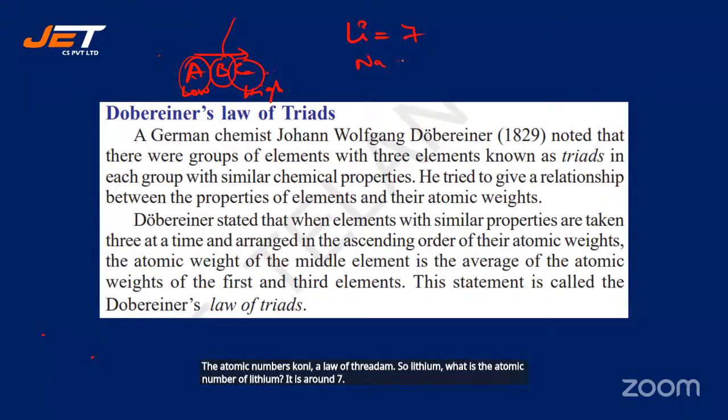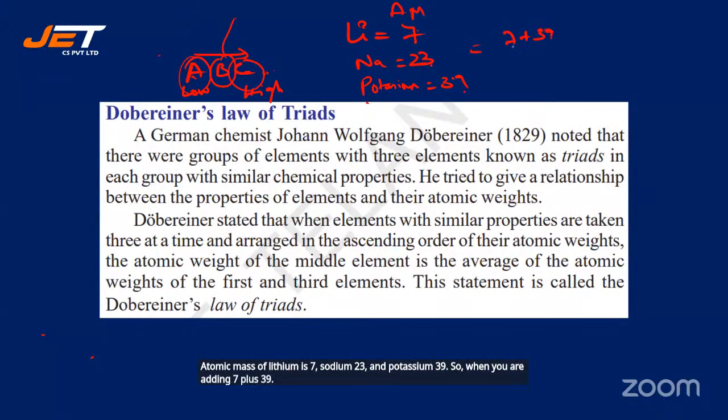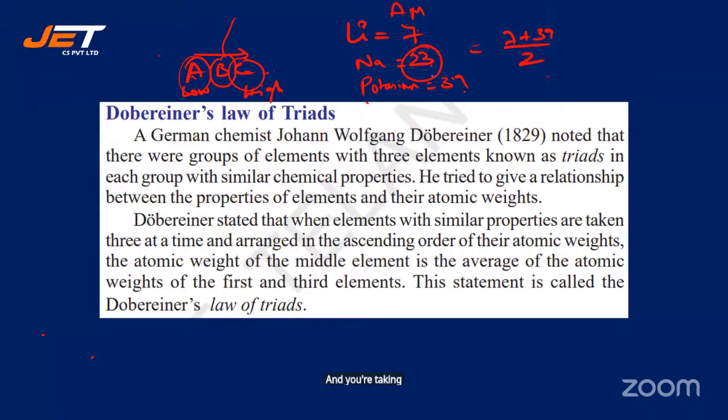What is the atomic number of sodium? Almost, atomic weight, it is 23, and potassium is around 39. So atomic mass of lithium, sorry, I'm confusing you. Atomic mass of lithium is 7, sodium 23 and potassium 39. So when you add 7 plus 39 and take an average,